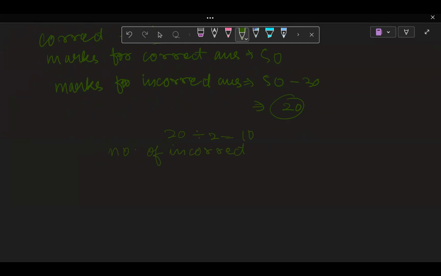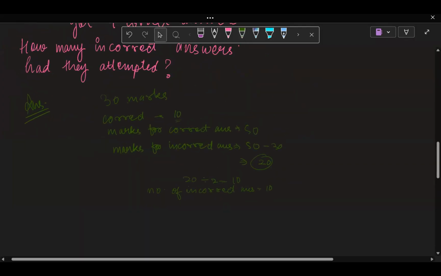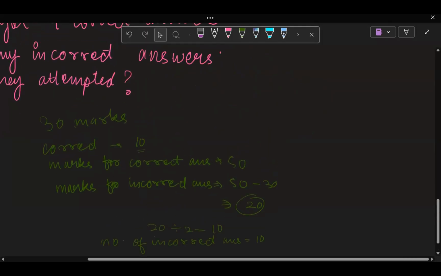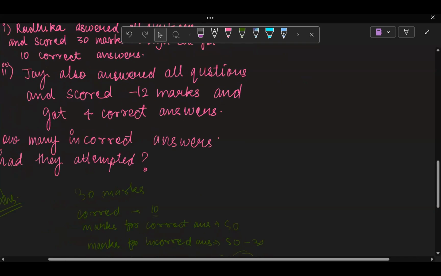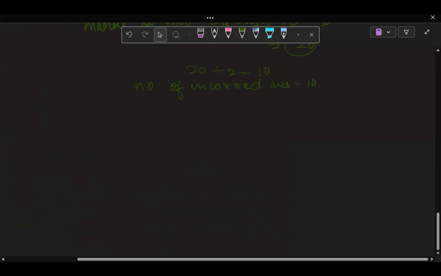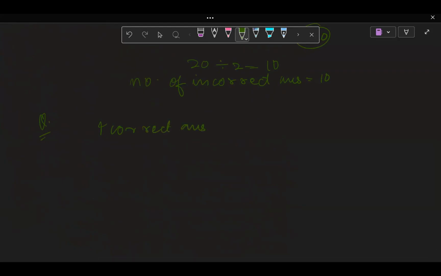Do you understand that now? Yes. Do you understand it or not, Abdul? I understand it. Okay. Then similarly, the next question says the same thing. He scored minus 12 marks and 4 correct answers. So for 4 correct answers, how many marks did the person get? 40. So marks for correct answers is 4 into 5, so 20 marks. Okay. And for incorrect answer,